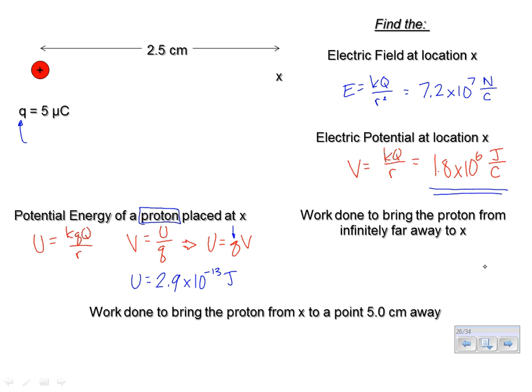Okay, now here's the real common question, the most common and probably the trickiest for a lot of people. How much work do you have to do to bring a proton from location X to a different point that's 5 centimeters away? So we're talking about bringing the proton from here, where there's one potential, to over here, where there's a different potential, or moving the charge through a potential difference. Well, we know that there's a relationship between work done and potential difference. And we say that,